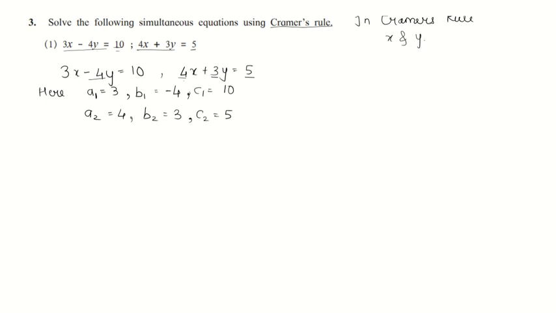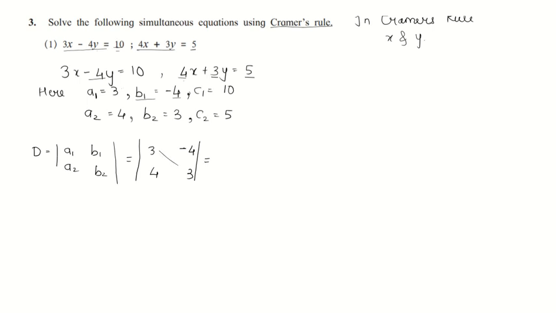Okay, so to solve with Cramer's rule, we will solve it in this format. D is equal to a1, a2, b1, b2, substituting the values of a1, a2, b1, b2. a1 is 3, a2 is 4, from here we are taking it, b1 and b2, b1 is minus 4 and b2 is 3,